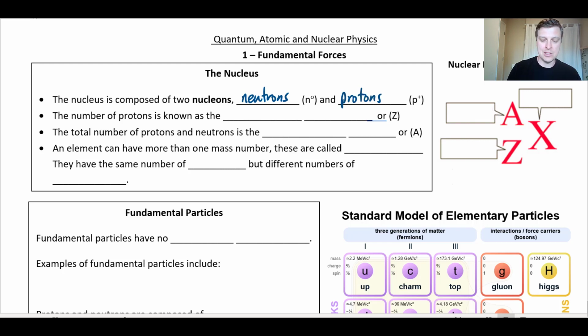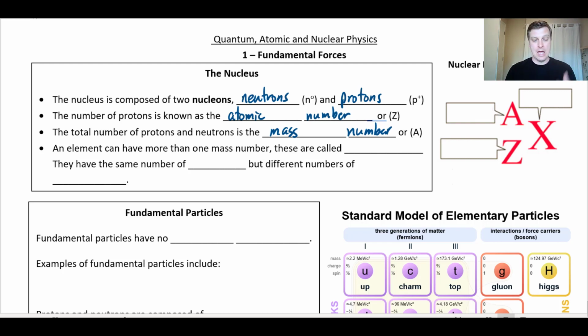And that's probably something that is not brand new news to you. The number of protons that you have in an atom is called the atomic number, and it is going to dictate what kind of atom that is. So if you have one proton, no matter what else is going on, then that is definitely hydrogen. And if you have 6 protons, no matter what else is going on, then that is definitely carbon, whatever else might happen. Now, the number of protons and neutrons added together is the mass number. So if we add up the protons and the neutrons, they add up to the mass number, and we give